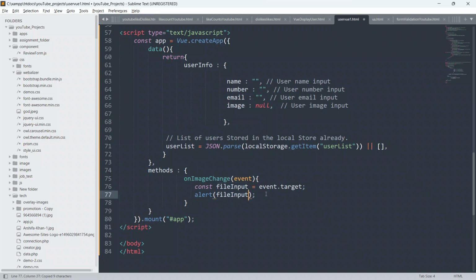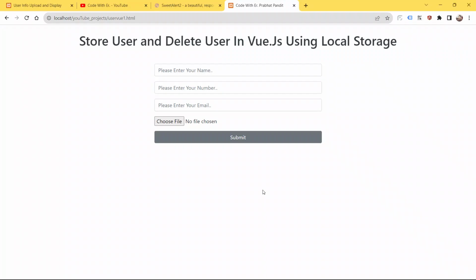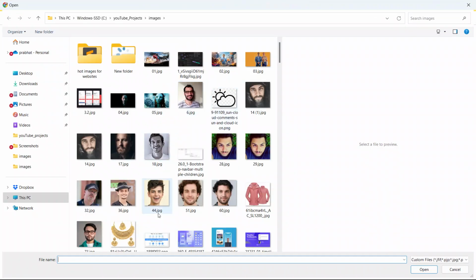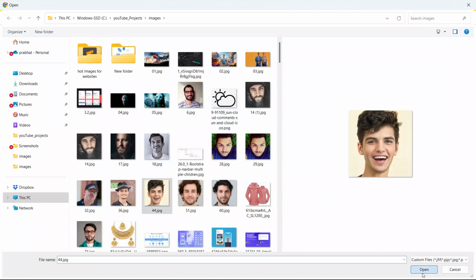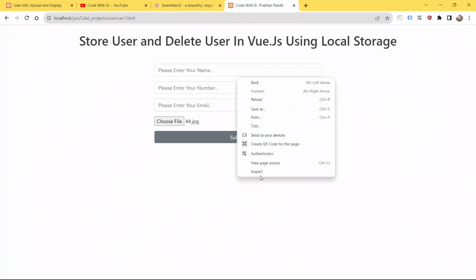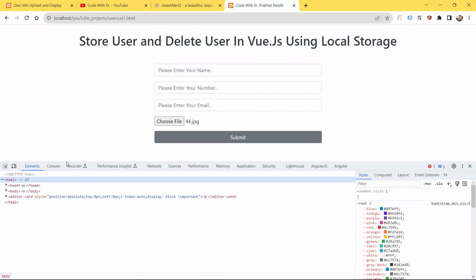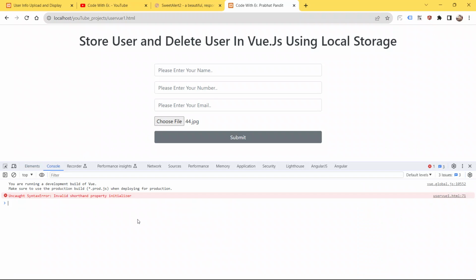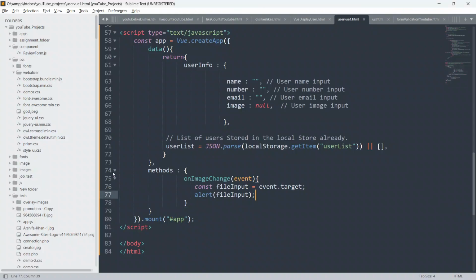So just paste it here, and now save your code, go to the browser, refresh the page and try to click here. Go to the console. We have got an error: invalid shorthand property initializer, on line 71.